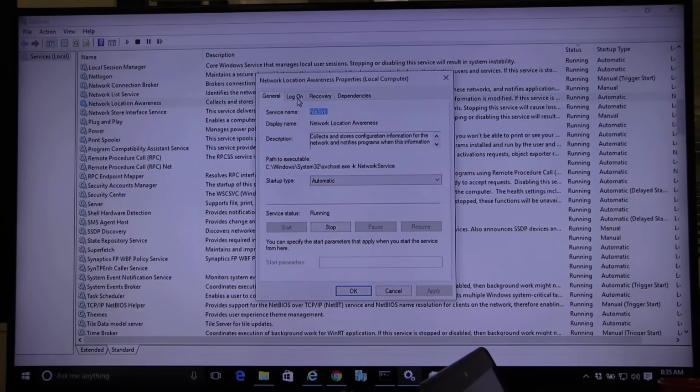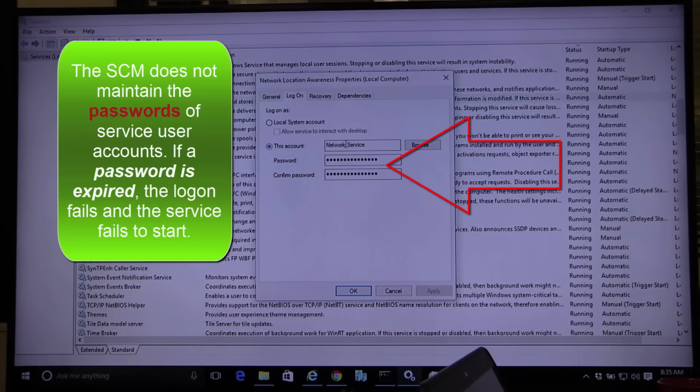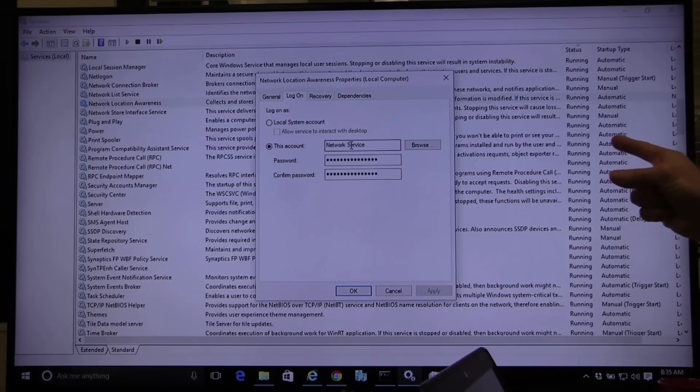Now I want to show you one other thing. As you can look, there is logon. In other words, we can run this software with either network service or system account. We can even create our own users to run services. So it is not unusual, listen very carefully, when you install an application, many times the application will ask you first to create a user account because they want the user account to run the service.